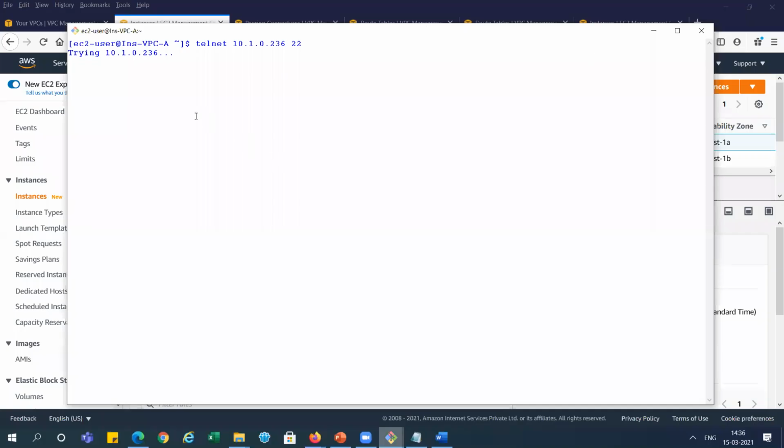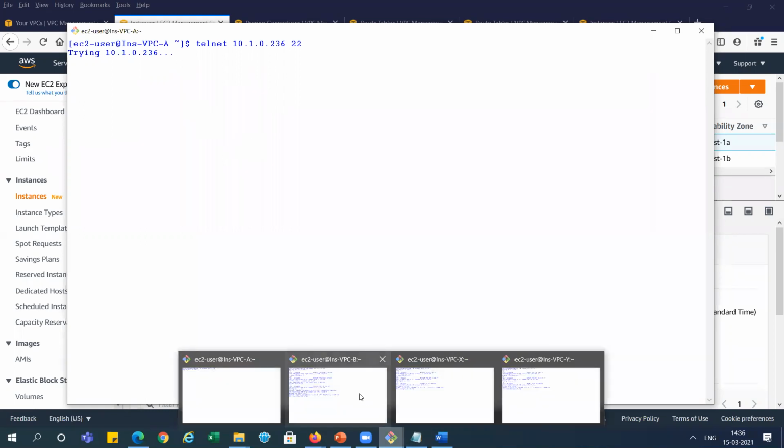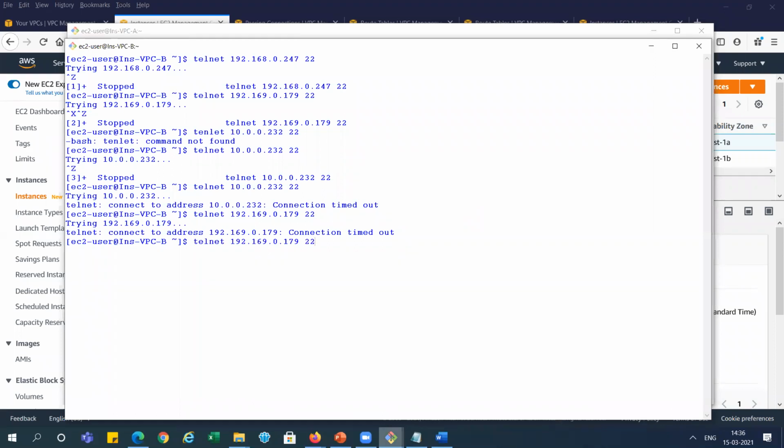You can see here we are still not able to connect to the server, even after creating the peering connection. I want to show you that after creating the peering, we are still not able to connect to our system. I can ping from B2X to B2Y, right? This is the Y IP. And also we can try B2X, right? Still, we are not able to connect to it.